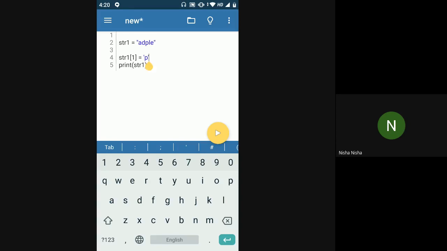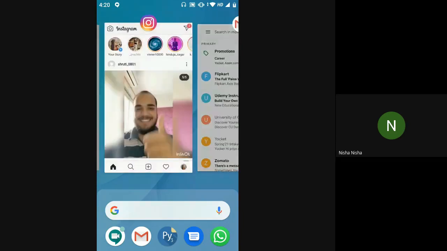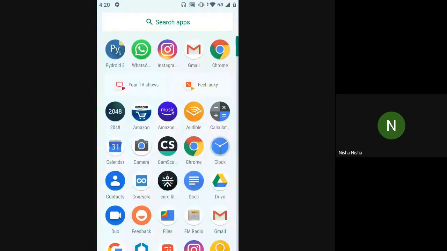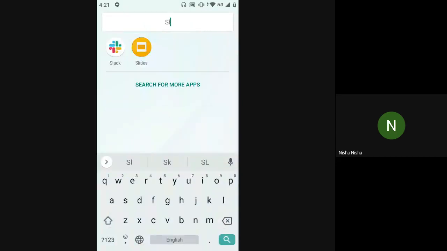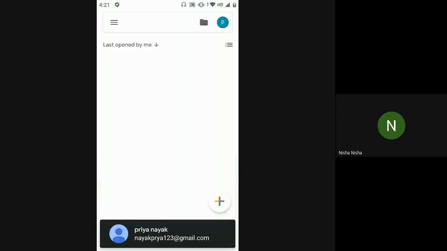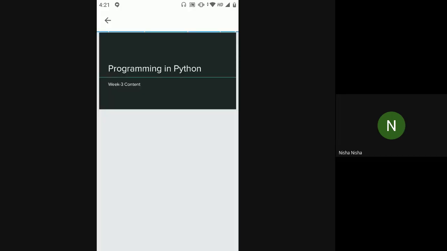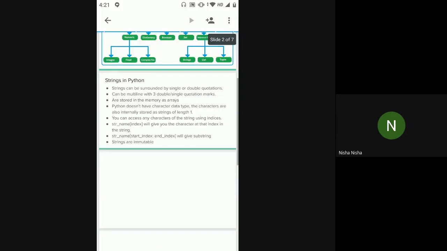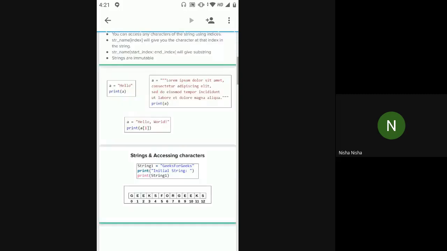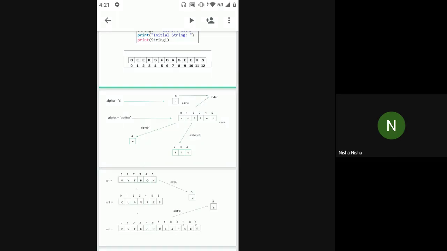So why did we do this? Whenever we are creating a variable, we want some value to be stored in this variable. Now all of these are parts of sequences, right? Consider these as boxes. We had seen in that PPT, right? Yeah, so all of these characters are part of boxes, right?